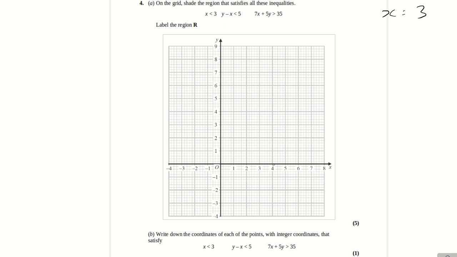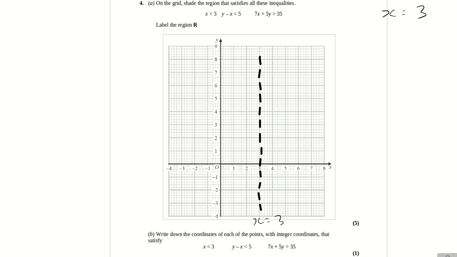So first of all we draw the line x equals 3. That will be a vertical line going through x equals 3. So it's going to go something like this. Something like this. Not perfect, but almost. And that is the line